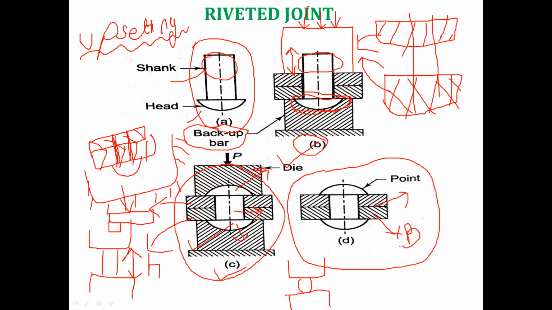See, this is the mechanical method. Sorry, this is the hand, that is the manual method. But nowadays advanced machines and advanced techniques are there, so normally we don't use this manual method. We use those advanced machines to do this procedure. But if you are using a rivet joint in any small assembly, then you can use this manual method.